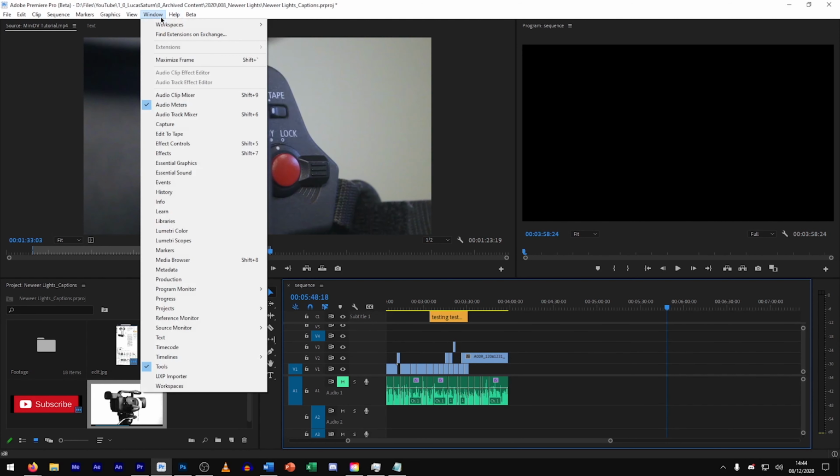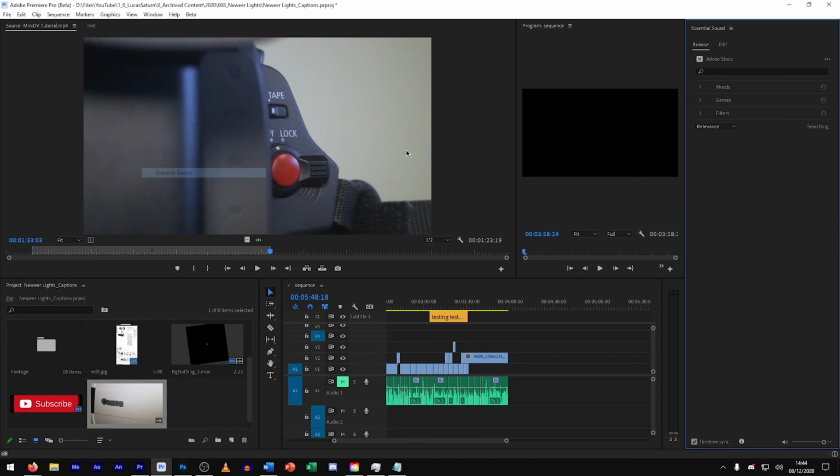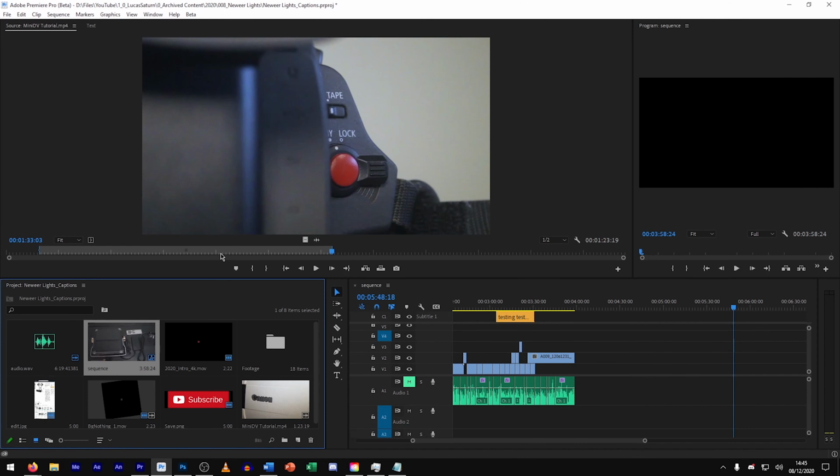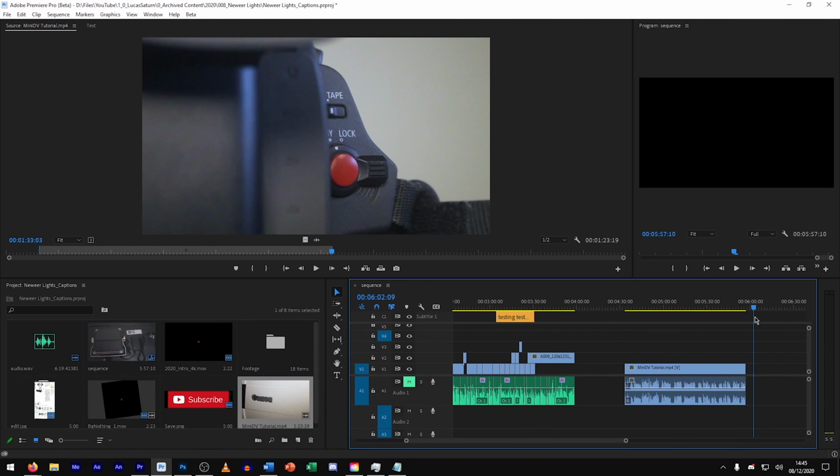If you go to your Essential Sound panel, in the Browse tab, you have Adobe Stock. So it's all within Premiere now that you can drag that into your timeline and do that. Something that I can't really show off, but is definitely a feature, is speed improvements. So I say that DirectX 12 is being used now, if your GPU supports it, which I don't know whether mine does, but it feels definitely smoother. Even just scrubbing through that 1080p H.264 video, it just performs better than previously.